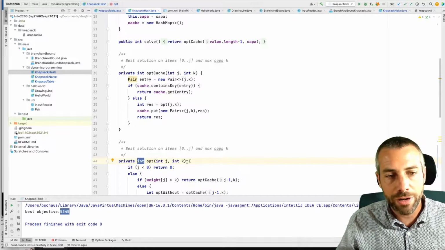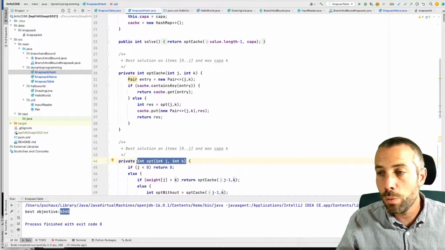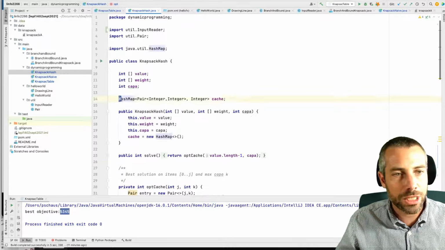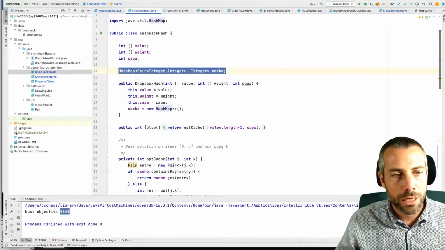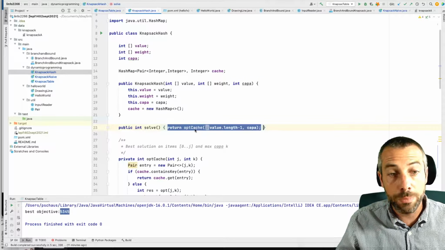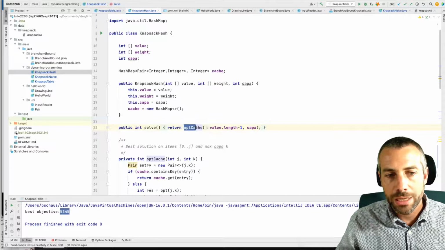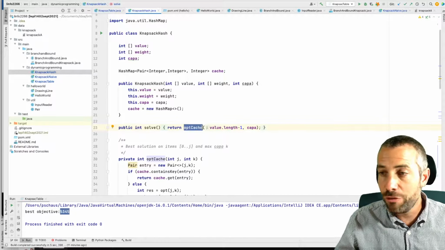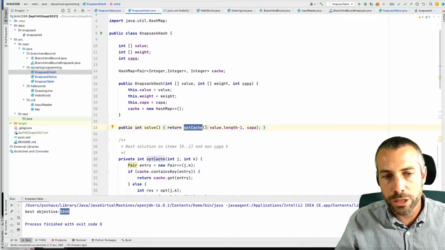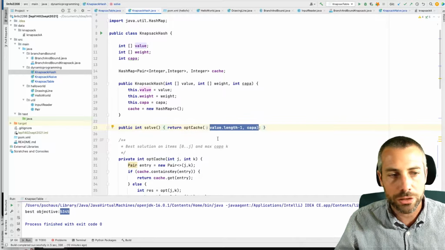If I have already computed the result of one specific call, I will retrieve it from this hash table. So solve will first call opt cache, an optimized version that first gives a chance to consult the hash table to see if this was already computed with this specific set of parameters.